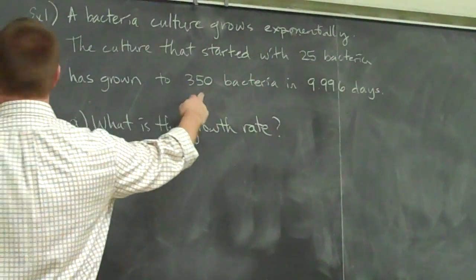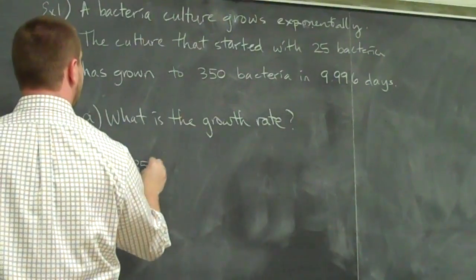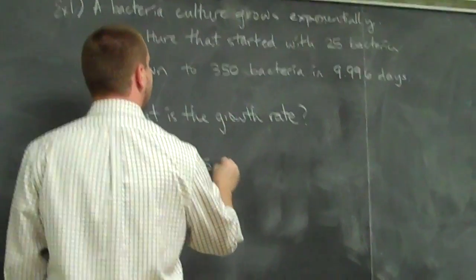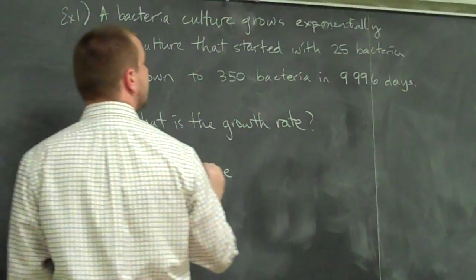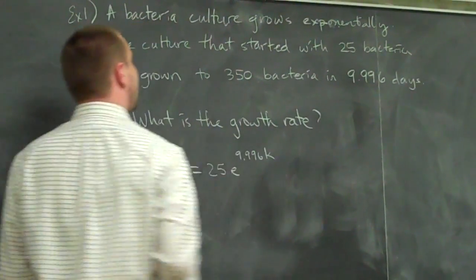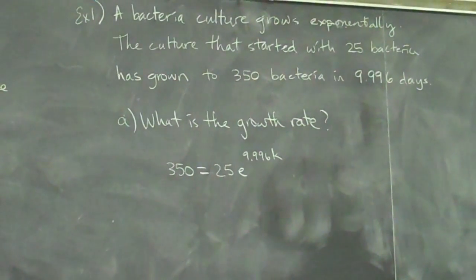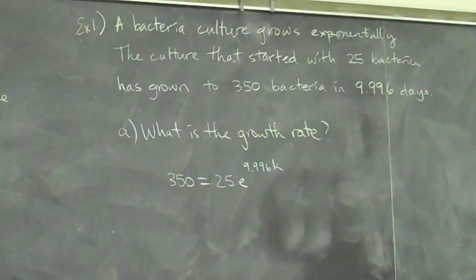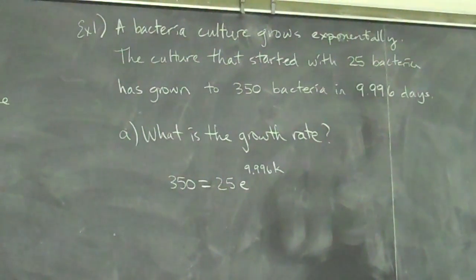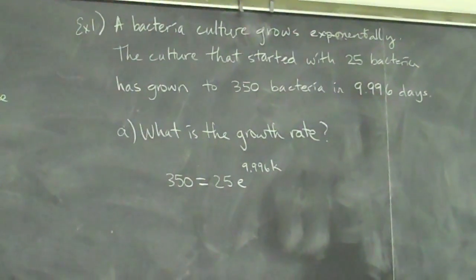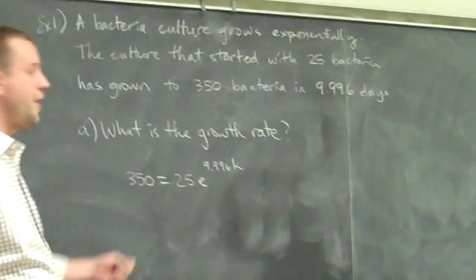So we're going to plug in everything where it belongs. So Y, the population, is 350. This equals the initial amount, 25, times e to the k times t power, so 9.996 k power. Okay. Now here's the good news. Once we find this growth rate, it is going to be constant for the rest of the problem. Okay? Now, when we do example 2, it's going to be a different k, right? But for this problem, we're going to be able to keep this k. So if I want to solve for k,